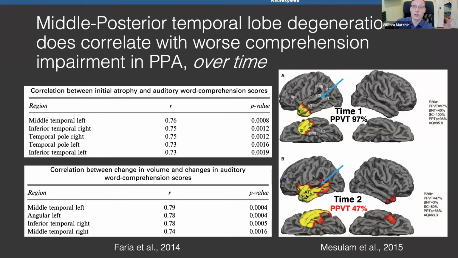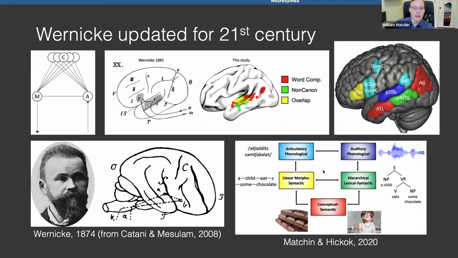Hypothesis. But when you look and see how the syndrome progresses, now it's incorporating also middle posterior temporal lobe areas. Now the word comprehension is pretty severely impaired. So that's an important aspect to think about. So anyway,